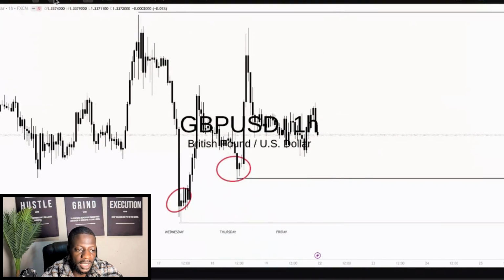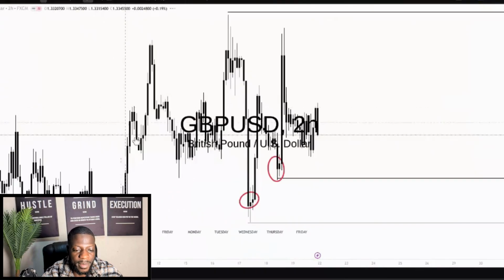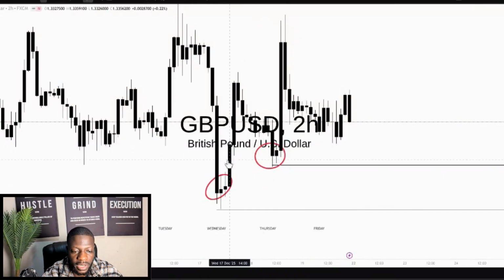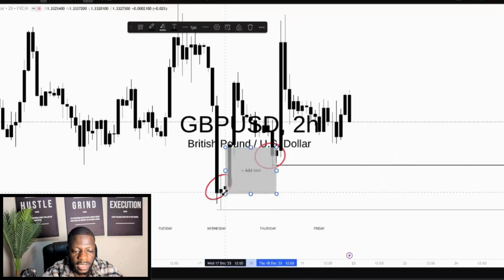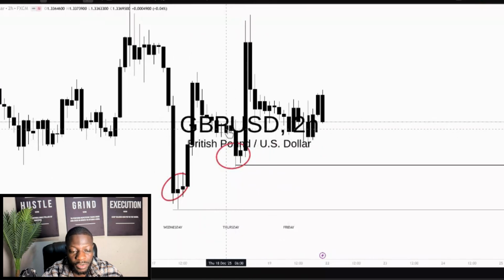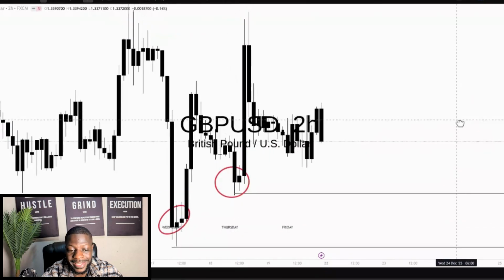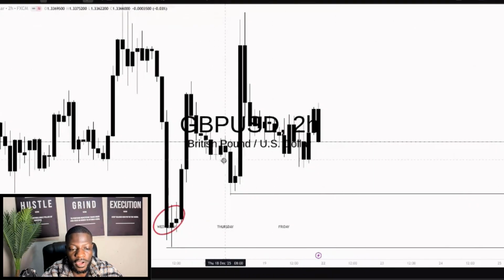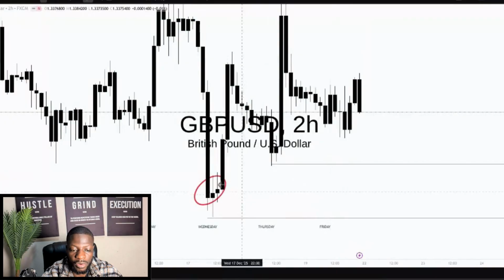However, if you come to the 2-hour time frame, you're able to realize that this market right here reacted from this zone right here. We can see that the market reacted from this zone. So for me, I wouldn't be interested in waiting for the market to come to this lower zone. Therefore, I'm going to look for this zone, which is nearer to where price is currently. Okay, so my zone of interest, my POI of interest will be this zone right here,